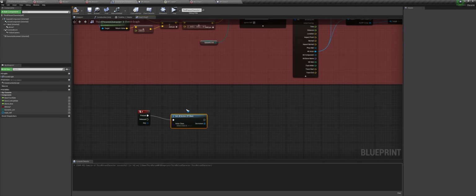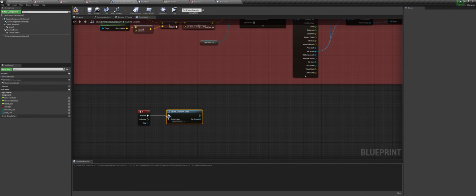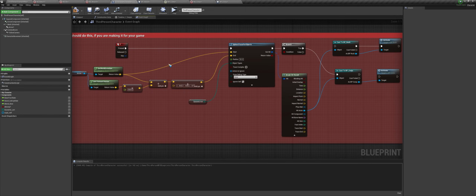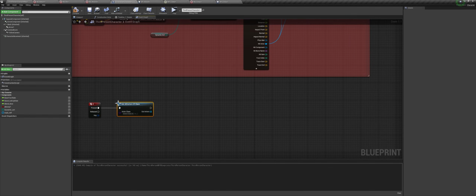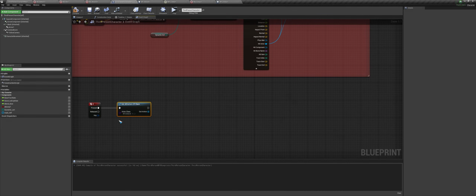Never do this for your game, by the way. This will only work in this tutorial map because there is only one of that blueprint here. If you are making it for your game, you should always find out the one that is directly in front of the character using a sphere trace and call activate that way. But for the tutorial, we can just get all actors from class, and since there is only one of those, we can just type in conjuration. So this will get all actors of class in the map. You should never really use this node unless it is unavoidable. But for this tutorial, and since there is only one actor, we can actually use that.